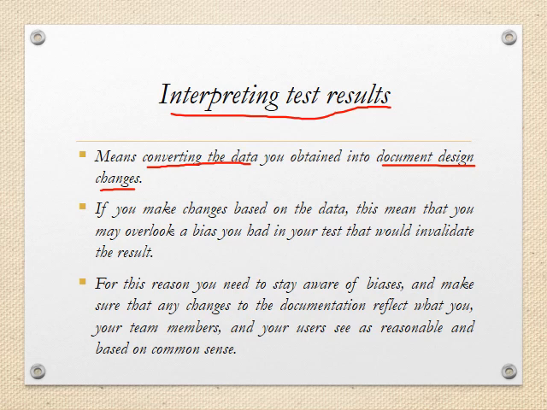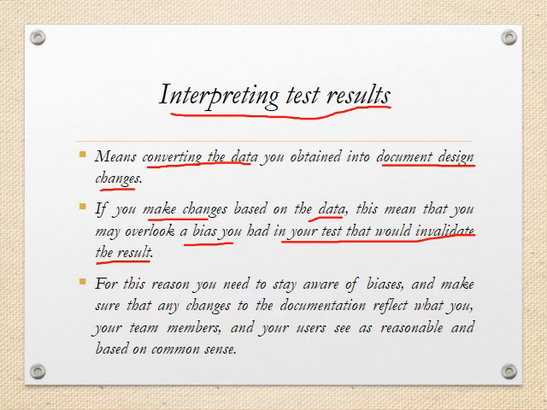Now, when we make changes based only on the data, this means that you may overlook a bias you had in your test that would invalidate a result. Depending only on the data when you make the changes might make you biased, because sometimes some of the decisions that you might make